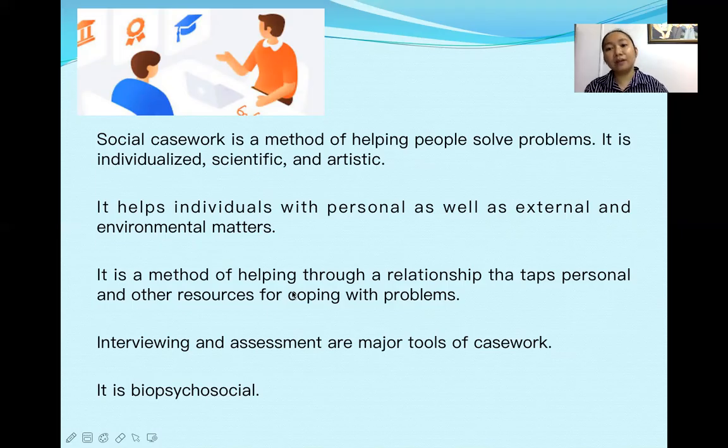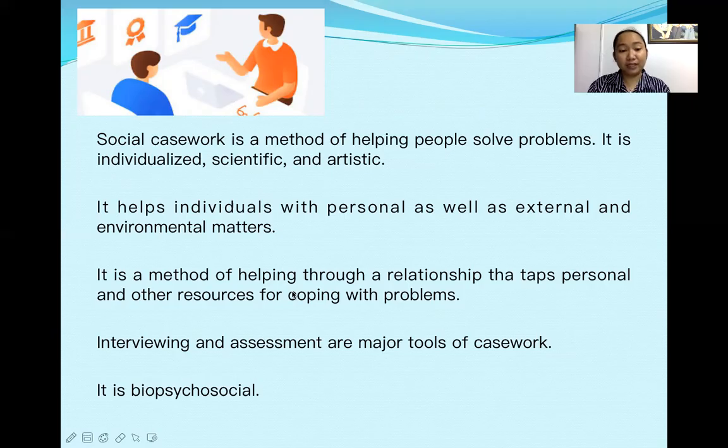But in casework, we look at that the first resource that we have are the clients themselves, so the individual. So it's not automatic that since we are into helping relationship, the help are just with the external factors. So that the help coming from the client themselves, so that they will also see their potentials,